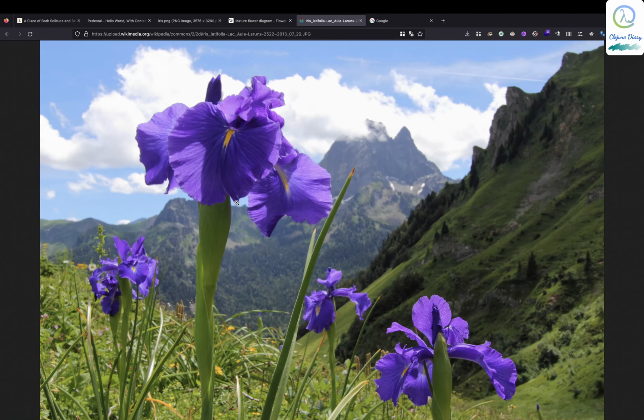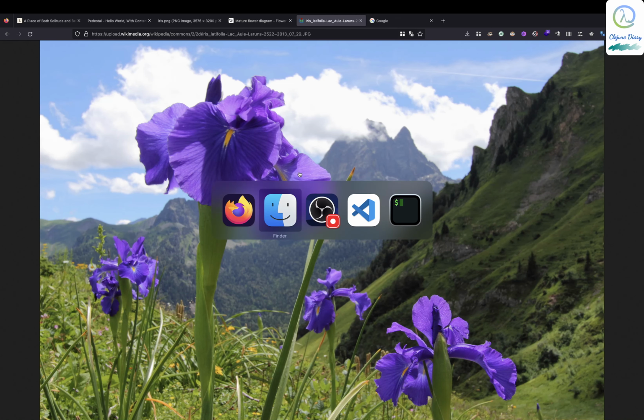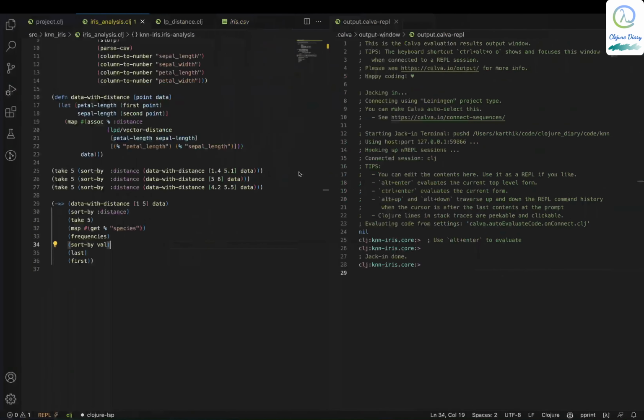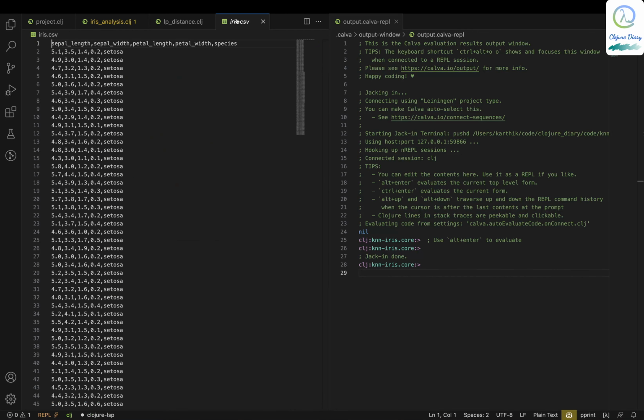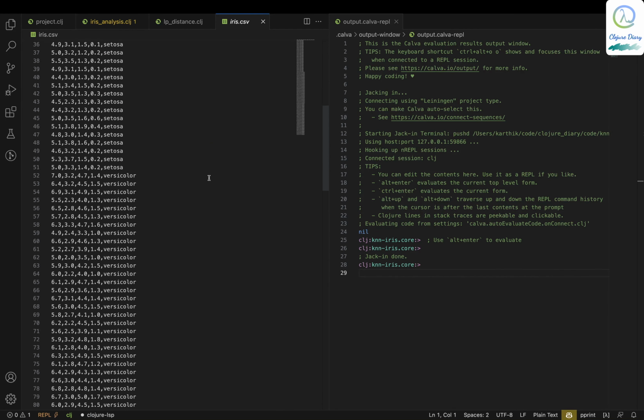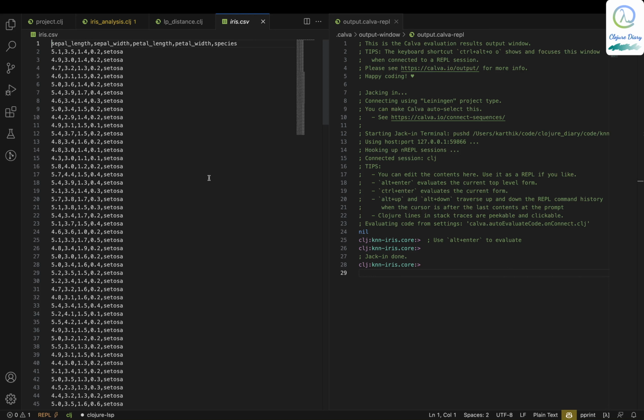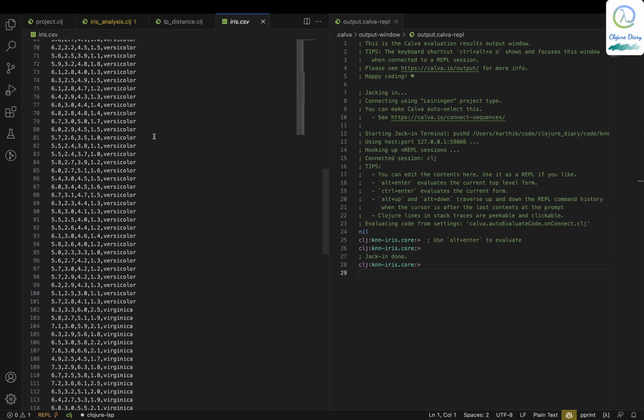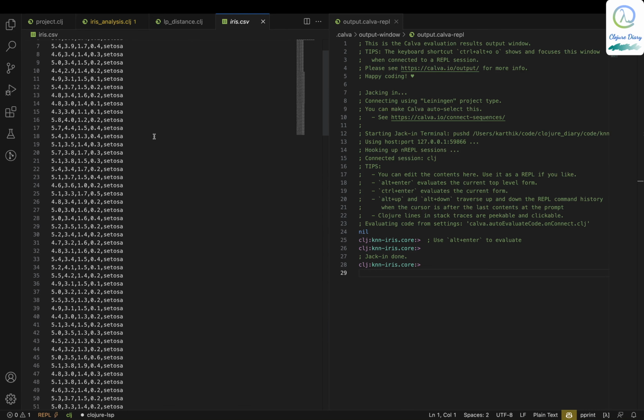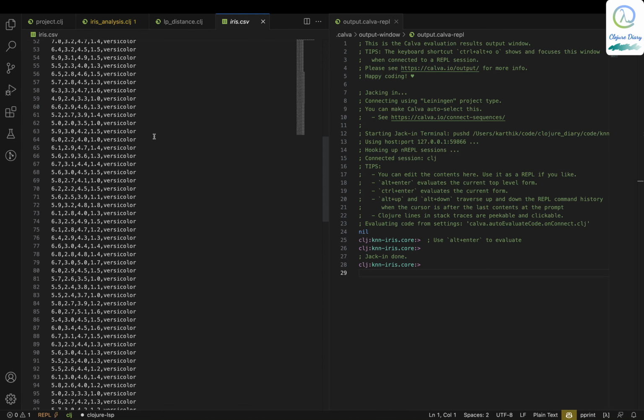I'm not a botanist, but somebody has made all those measurements and put them in a CSV. I think they made these measurements even before computers, or possibly even before electricity became prevalent. I'm not sure. They cataloged it, and today data scientists use this data to learn or explain data science. Okay, so today